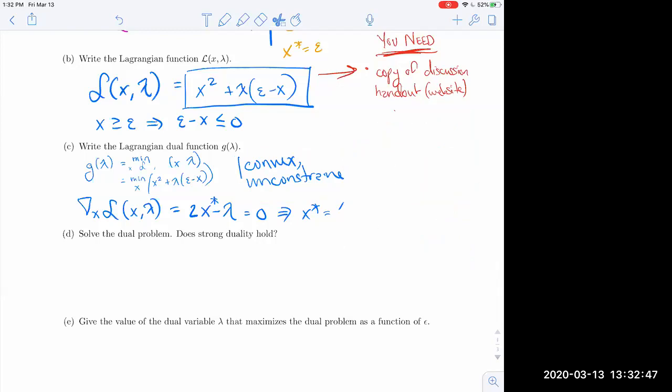And so we have x star equal to lambda over 2. Big Nash is laughing at me over here. Okay, and that gives us